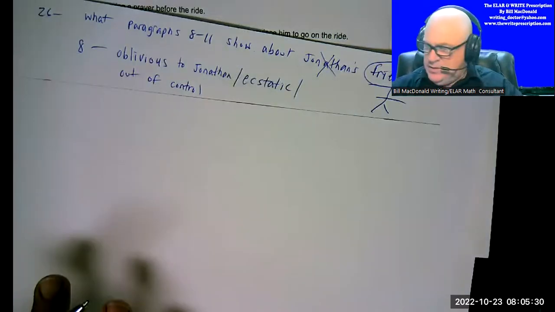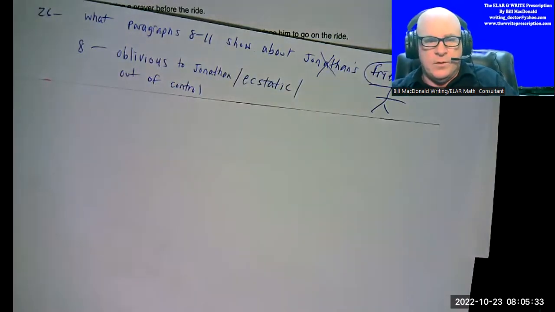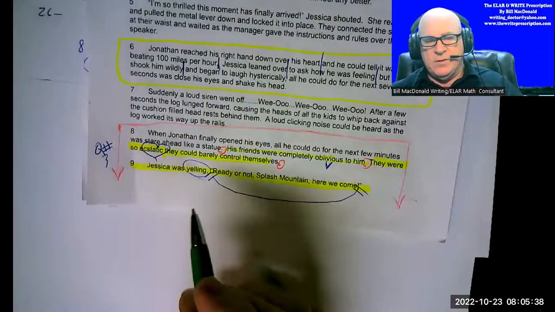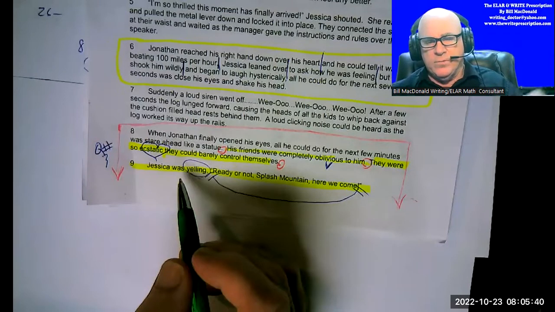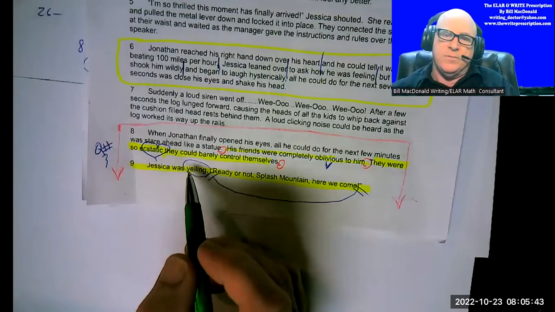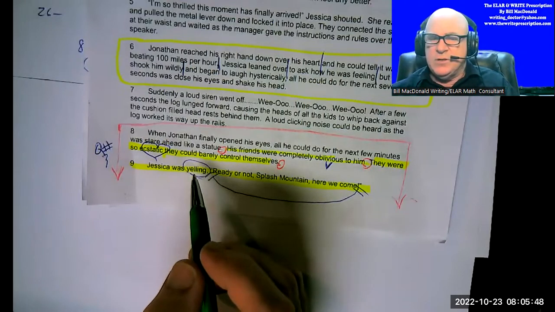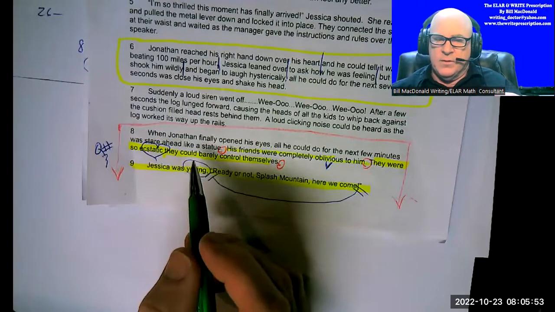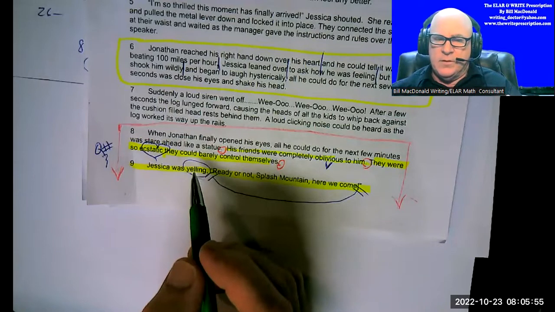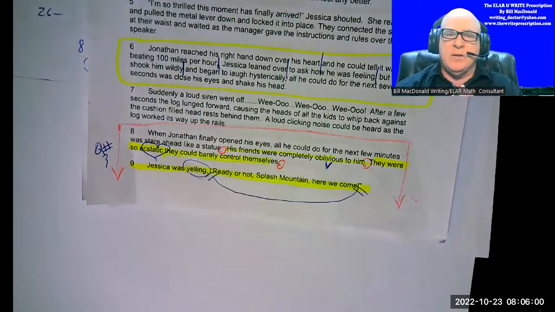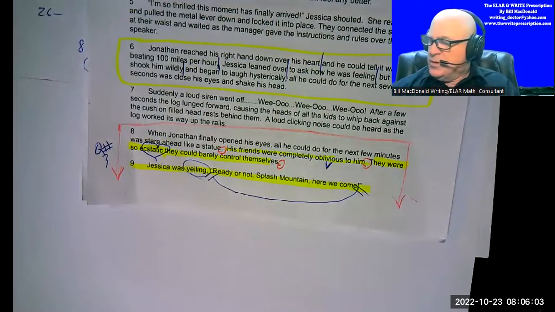So then when we read the next paragraph, we highlight it because that is one of Jessica's friends and Jonathan's friends, and they asked about Jonathan's friends, plural. And so since he's got 5 friends mentioned in this section, we should probably find out about all of them, not some of them, because if you only write about one of the friends, you're not responding to the specific demands of the question. Jessica, friend,